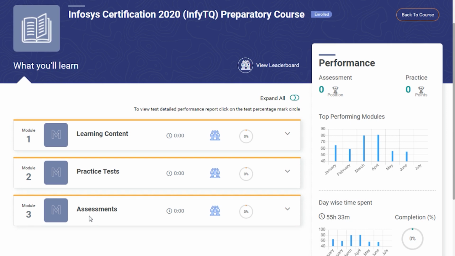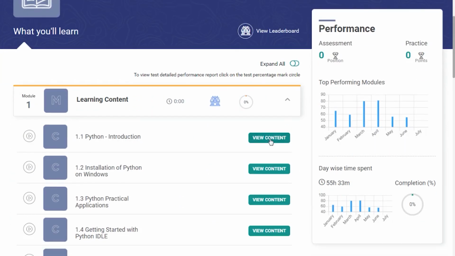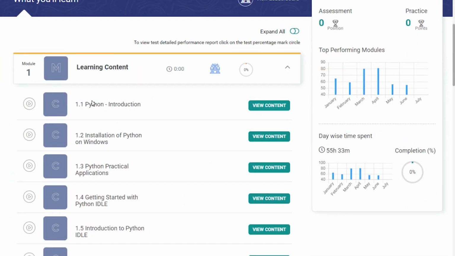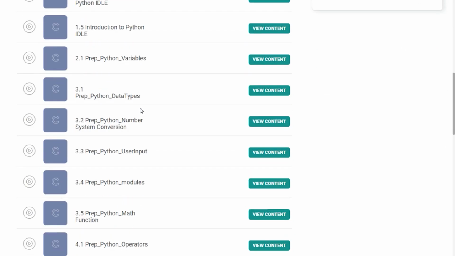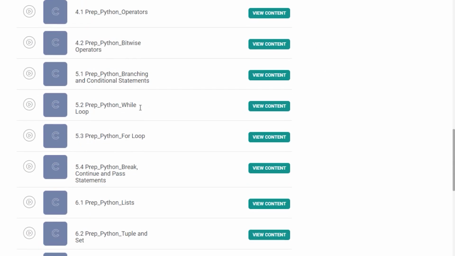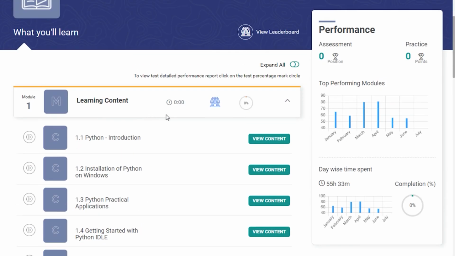You have to learn through the organized content. Second, you have to practice through the test without a timer. And third, you need to practice with a timer. So we have categorized into 3 categories. If you click on this expand button, you could see the learning content from the beginning itself. It starts from introduction and how to install, and it goes up to the content which is required for the Infosys